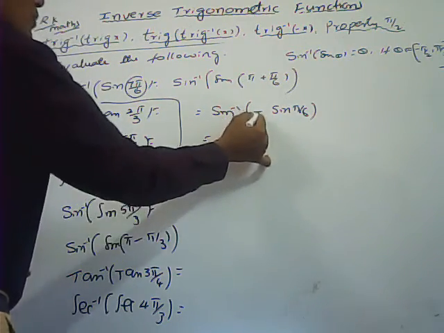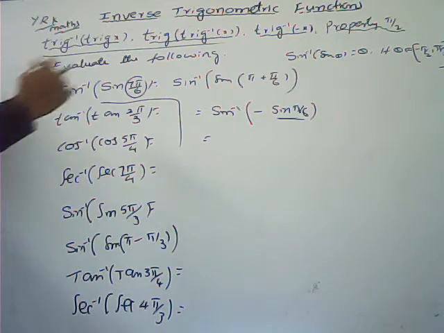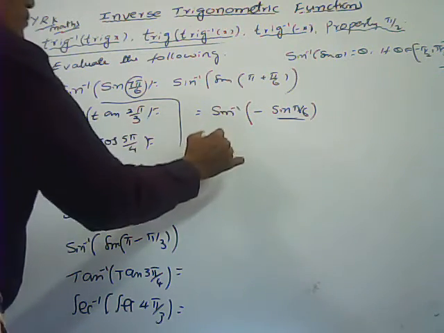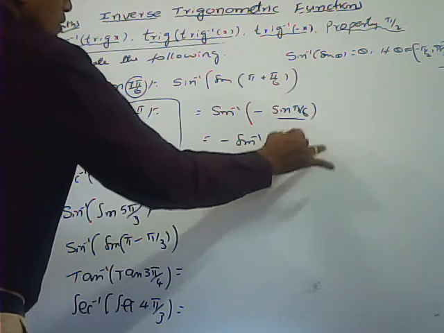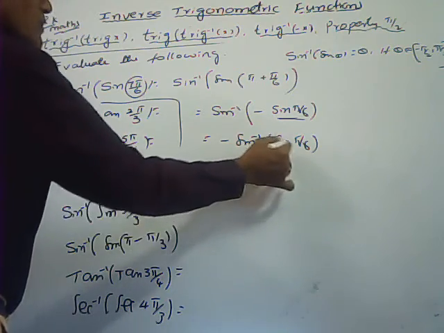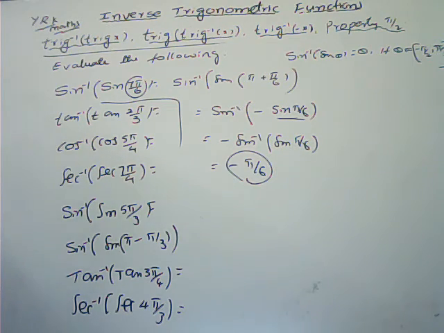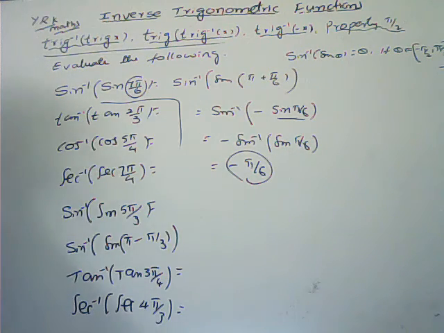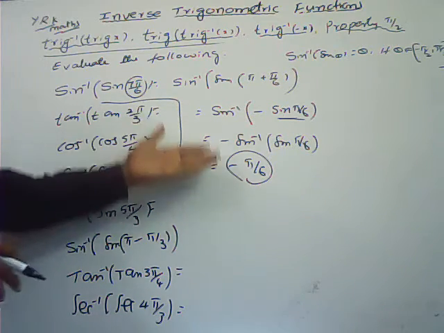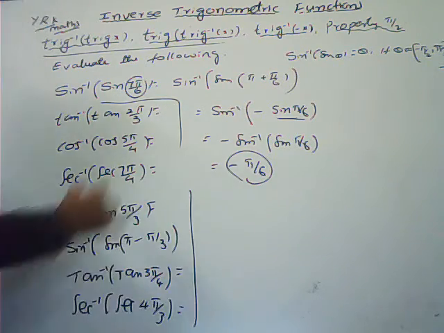And sin inverse of minus x, we just proved that one also, is minus sin inverse x. Here we can do this in two different ways. Minus sin inverse of sin theta we can write directly as theta only, that is minus pi by 6. This is one type. After writing this, sin 30 is 1 by 2, and again sin inverse of minus 1 by 2 is minus pi by 6. We can do it in two different ways, but by using this property we can write it directly like this.